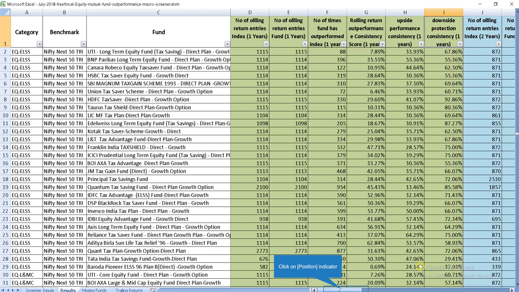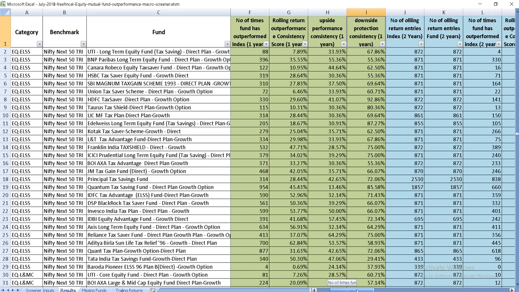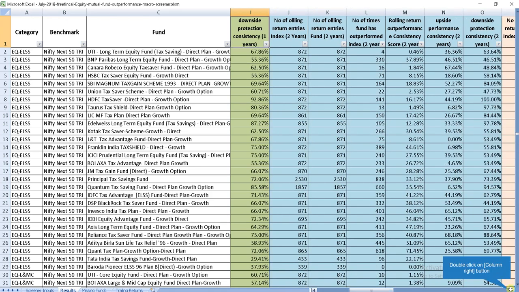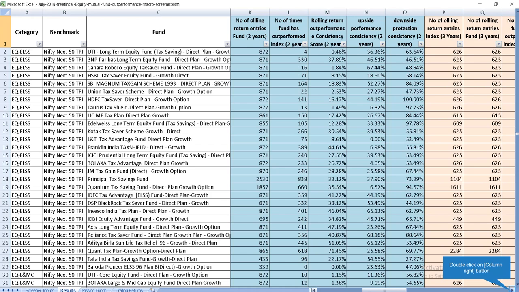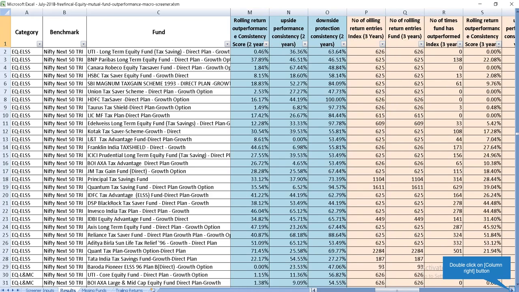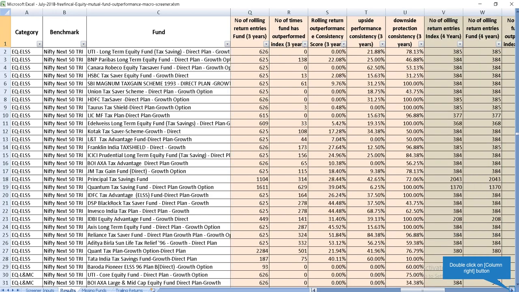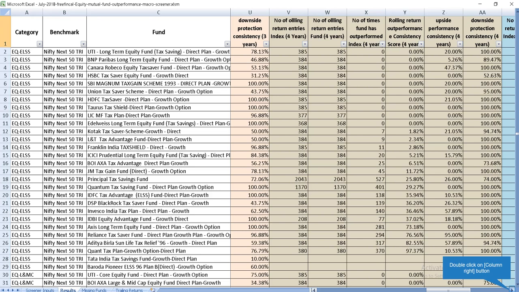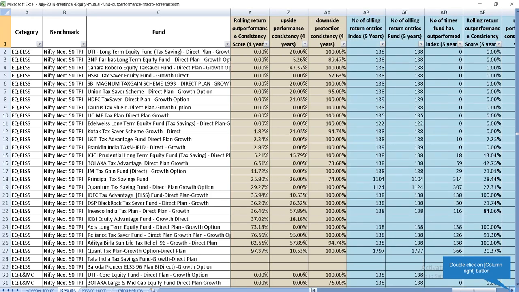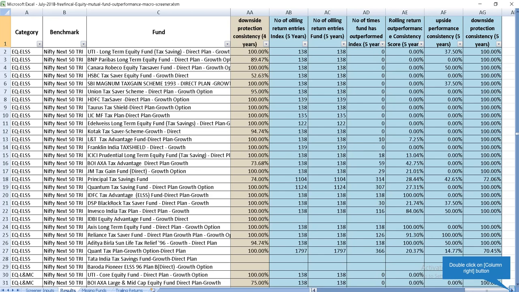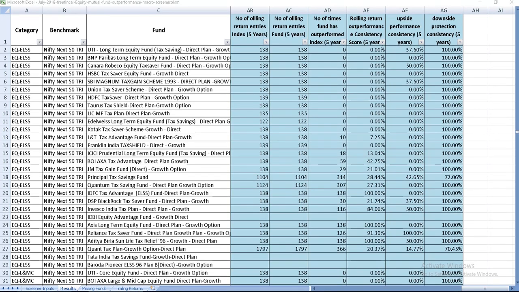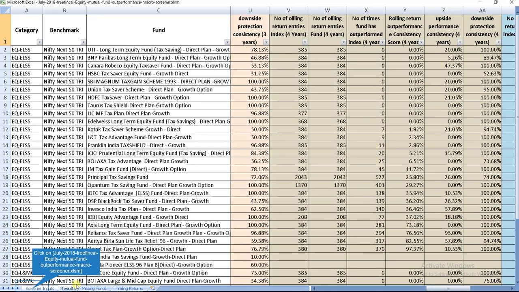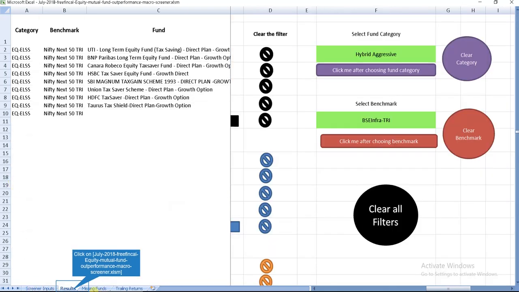So all the green cells are for 1 year duration. The same data is repeated for 2 years. Those are the blue cells, and then for 3 years the pink cells, the gray cells is for 4 years, and then again the blue cells is for 5 years. Now all the funds here are direct funds, therefore you will not get data beyond 5 years. So that's what you will see in the results, and we are going to screen them with the buttons shown here,